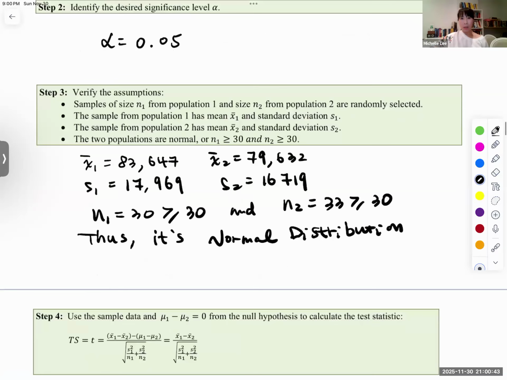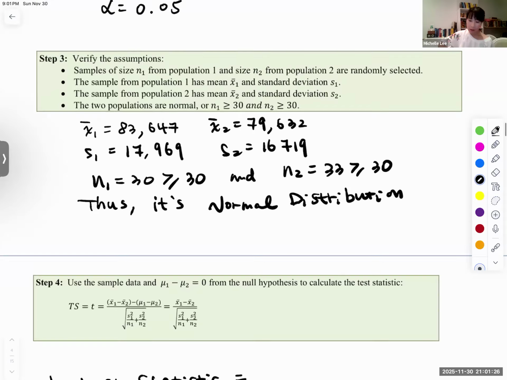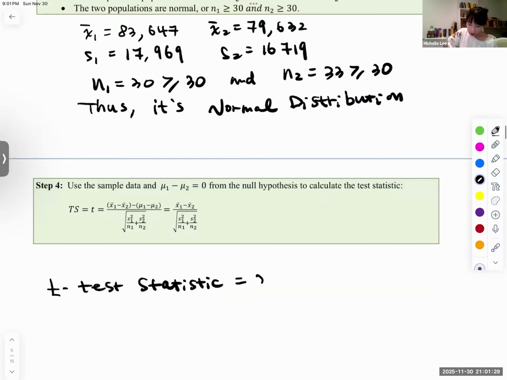All right. Step 4. Oh, very tedious. Okay, so we have a t-test statistic, right? But then luckily we have mu sub 1 minus mu sub 2 equal to 0 from the null hypothesis, right? So we have just x bar sub 1 minus x bar sub 2, so we can just calculate that. So the t-test statistic, right? So there will be x bar sub 1, 83,647 minus 79,632 over the square root,